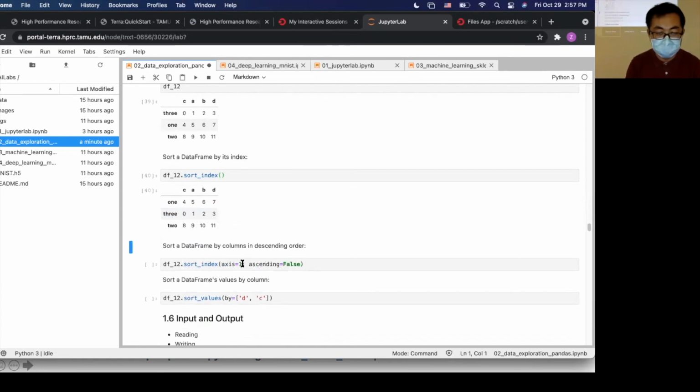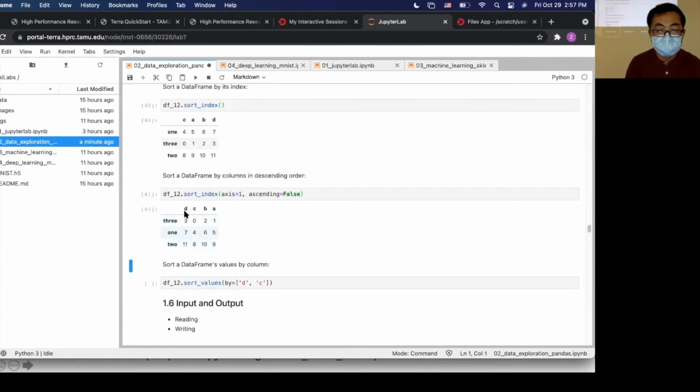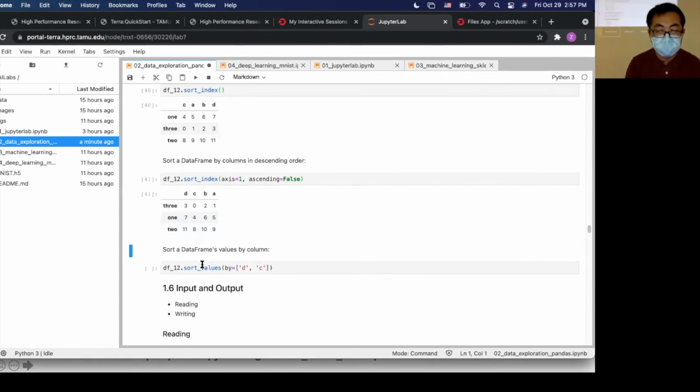So we just define axis equal to 1, and then ascending, because we want a descending order, we set ascending false. You see that D, C, B, A is descending order, yes.